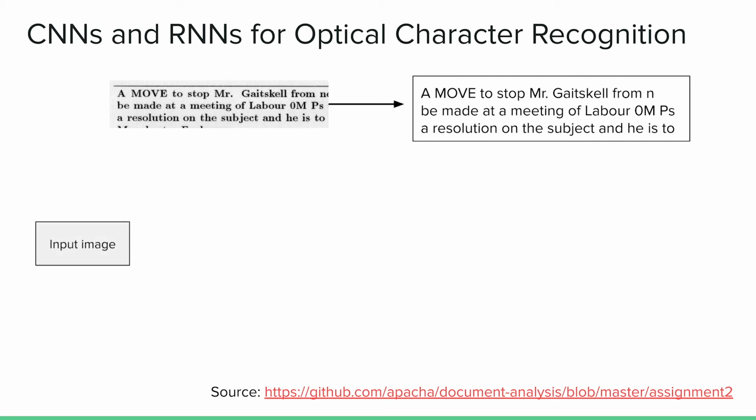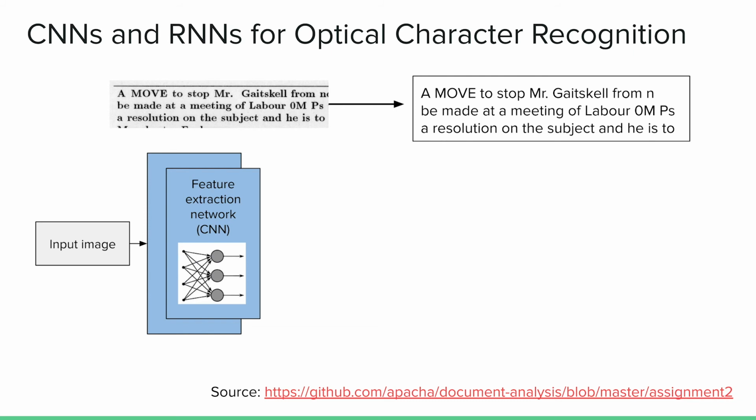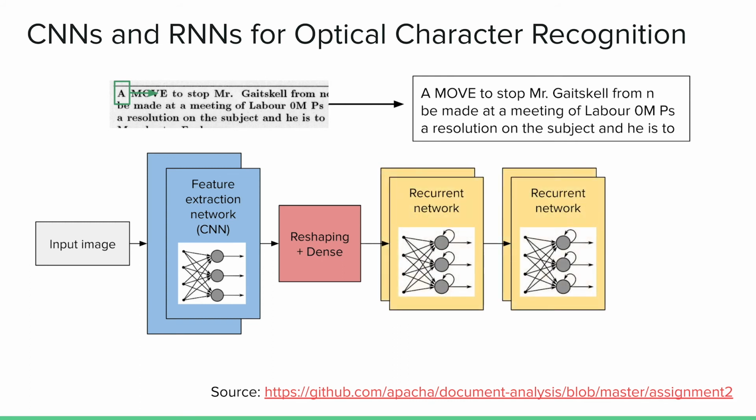Well, we could take the input image, extract some features in a meaningful way, and then reshape this, put it in the dense layer, and then feed it into our recurrent neural network. So what it does is that here we process our text line by line. We start with a small input window that extracts features from the image, and we move that sliding window along the x-axis. And then we use a so-called best path decoder, because there might be repetitions and other things in our output that we need to decode